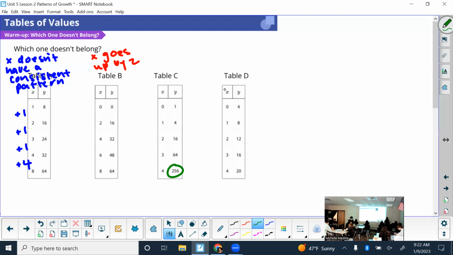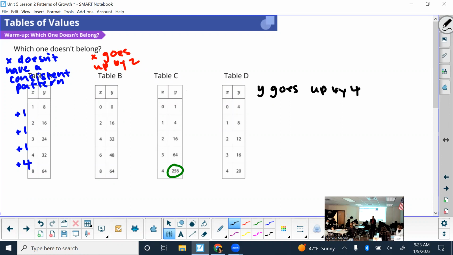All right, table 4, why would D not belong? Y goes up by 4 instead of what? Okay. So then none of the other tables have the Y going up by 4. At least not consistent. All right, good. So that's it. Looking for those patterns, looking for reasons why something is different is all we're looking for in